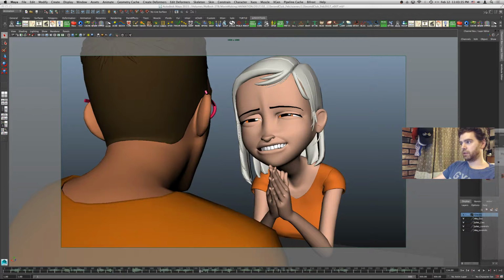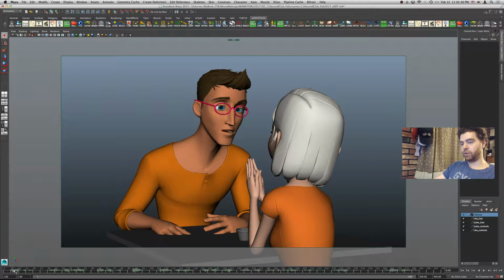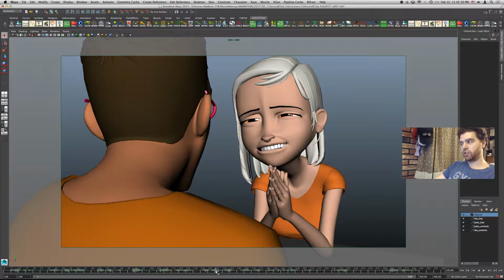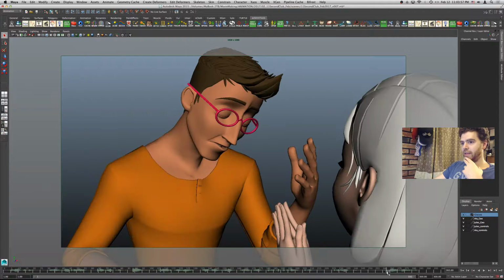Let me move this GUI picker. Sorry. This window here that we're looking at, this is the render window. That's like our final camera shot. So just to recap, we have our opening shot of them at the table talking. A cut to a shot of her reacting and her question to him, and then his response.